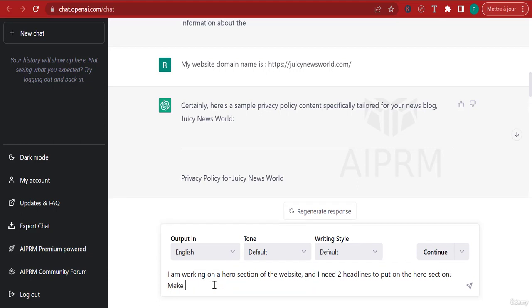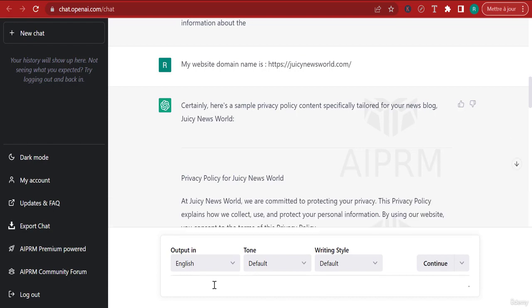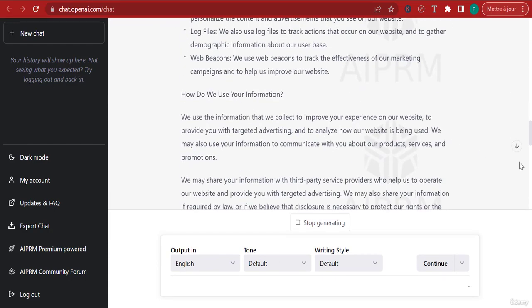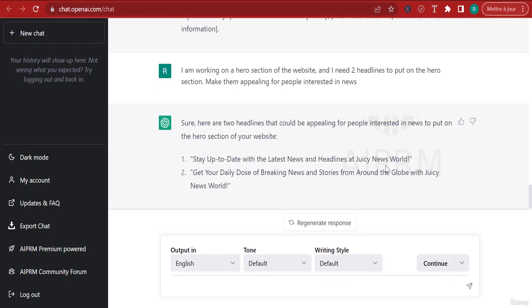I'm going to say make them appealing for people interested in news. Okay, so right now if I add that, let me just scroll to the bottom by clicking this, and I